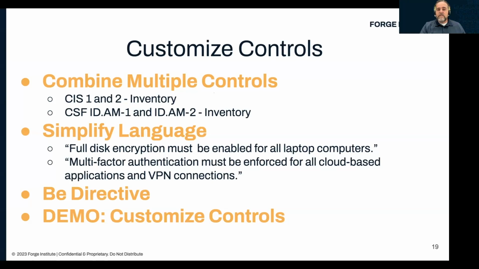So for our organization, we want them to be very fitting, so that we're not just having some generic control that we feel good about because we wrote it, but it looks like a Shakespearean sonnet. We want that to be direct and to the point and very applicable in our organization. So we might combine multiple controls, like CIS 1 and 2, the inventory for hardware and the inventory for software. We've combined those to say inventory.